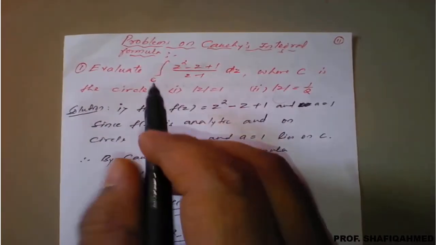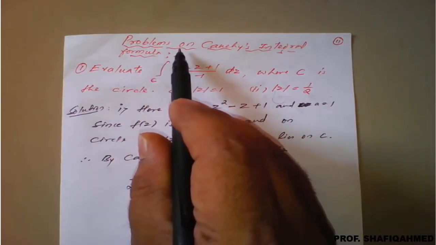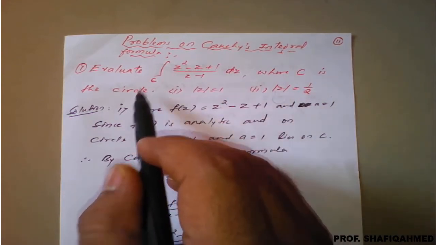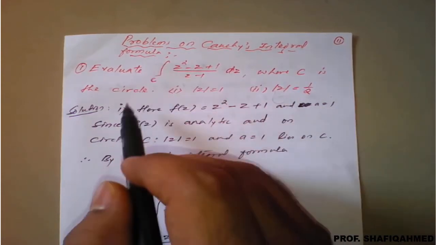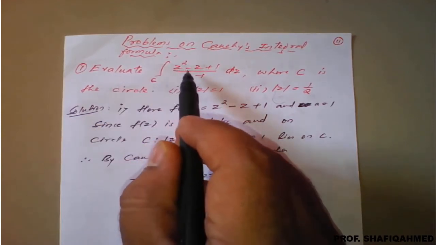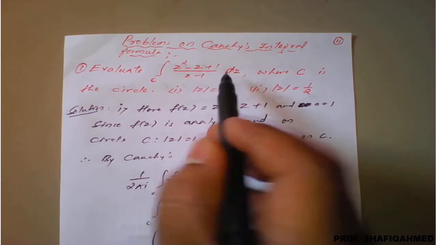Good morning, dear student. Today we'll see the problems based on Cauchy's integral formula. First question: evaluate the integral of (z squared minus z plus 1) divided by (z minus 1) dz, where